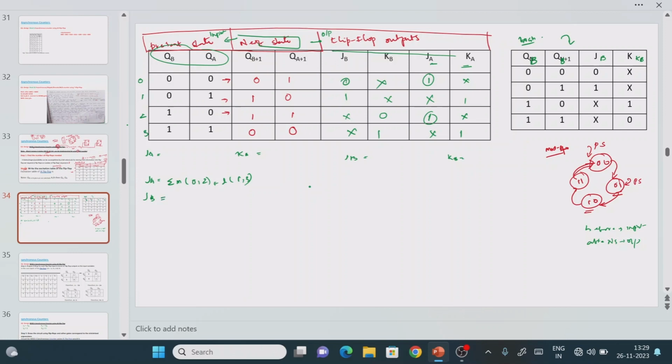Now we'll try to write for the JB. Sorry, next we will write the KA value. Once JA is completed, we write the KA value. This is the KA value. Where we have the SOP function, here as well as here, it means we have the SOP. SOP means representation of 1 as the output value, that's it. So 1 means what is the input value? 1. Here 1 means what is the input value? 3. So the minterms you get are 1, 3. Plus, do we have any don't cares? Yes. What is that value? 0 as well as 2 is the input. So it means 0, 2.